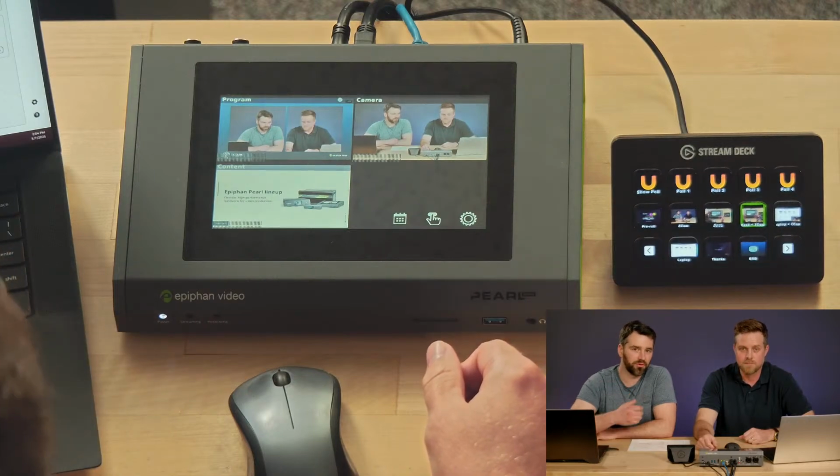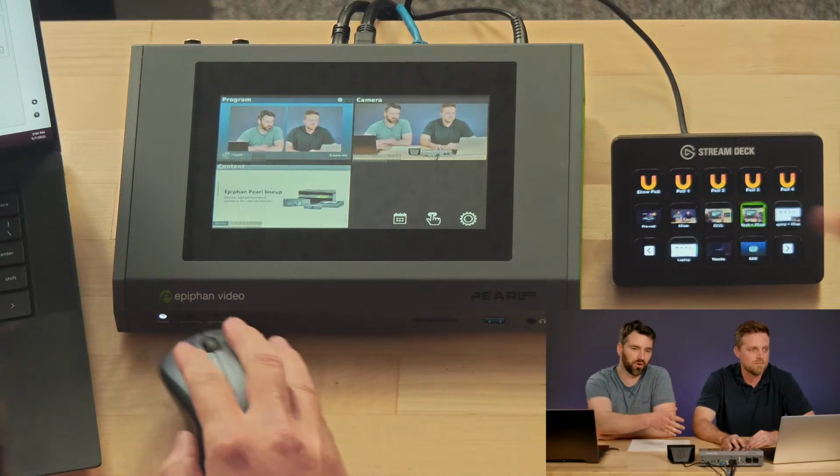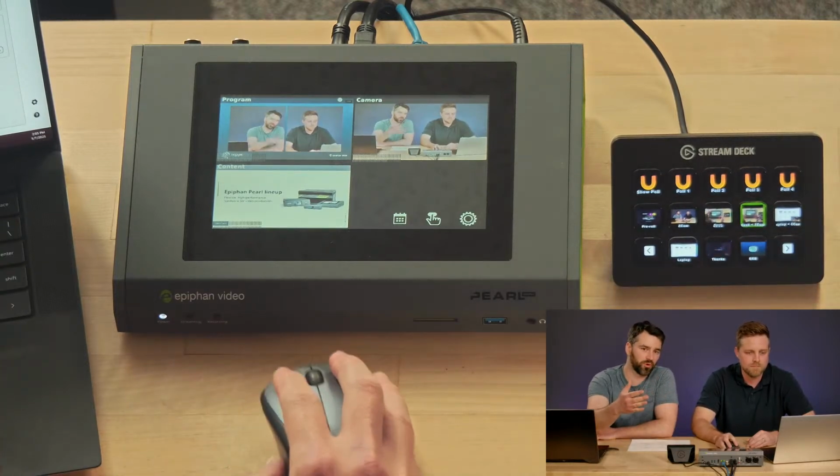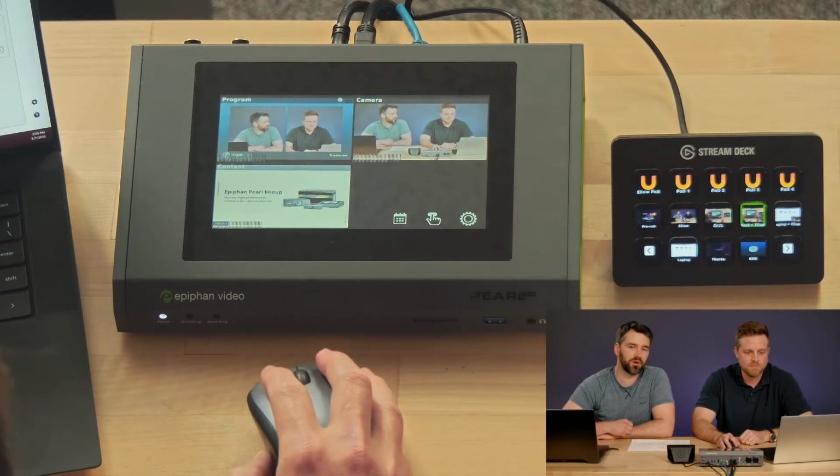And you can have different audio in those channels. They're there, so you can use it for post-production later. And that's what the Pearl Mini is. And when you go up to Pearl 2, then it's up to 6 channels you can do at one time. So lots of ways to use our devices.